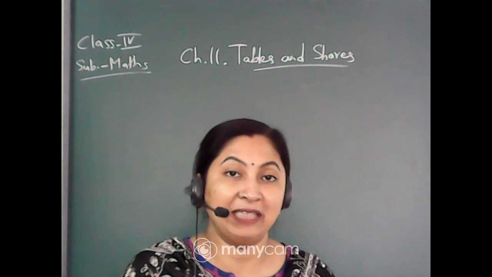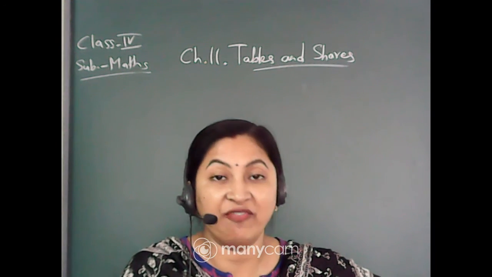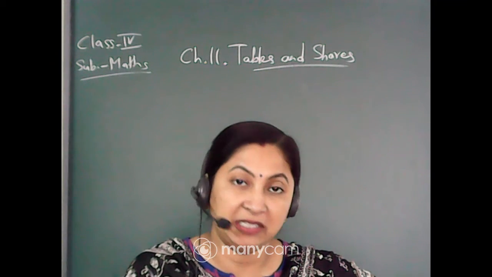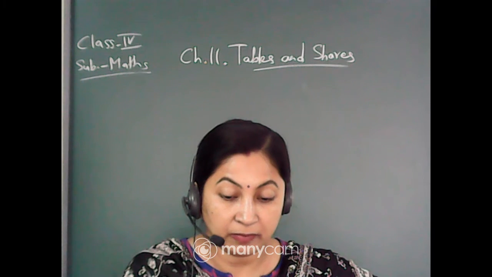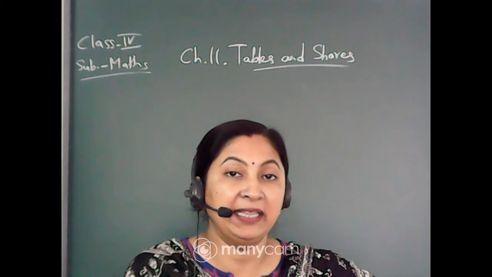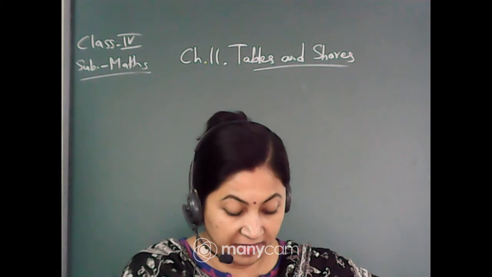Like this, she has added the numbers up to 2 tens are 20 and 5 tens are 50. So 50 plus 20 is 70. That means 10 sevens are 70. This way she has added the table of 2 and the table of 5, and got the table of 7.